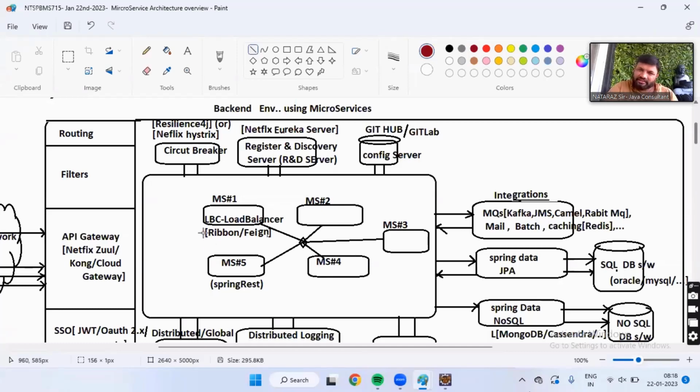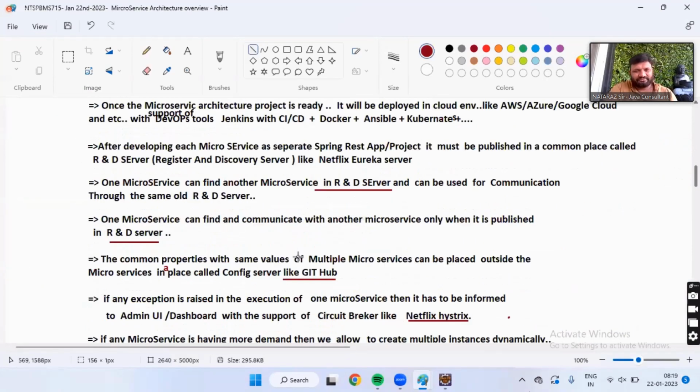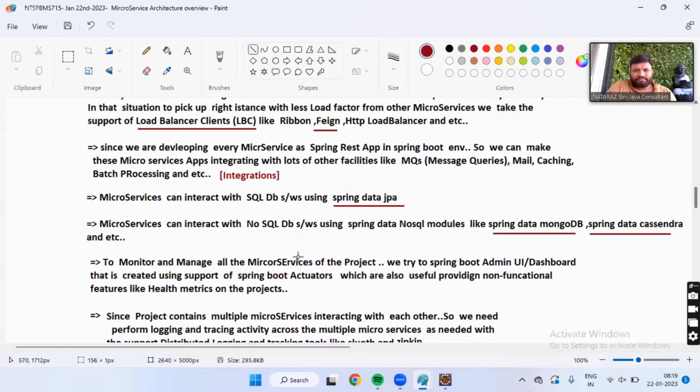So sometimes we can integrate the load balancer in the API gateway itself. Got it? Super. Don't go by arrows every time. Go by the meanings. To monitor and manage all the microservices of the project, we try to use